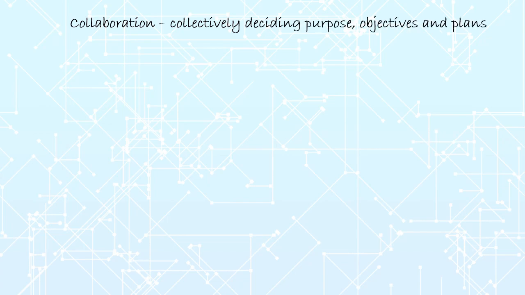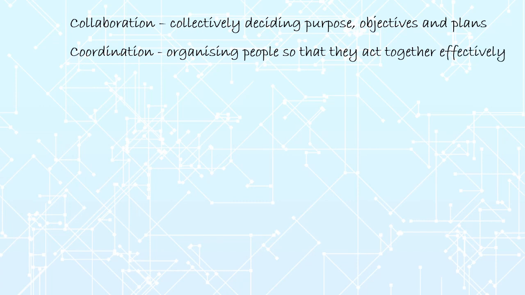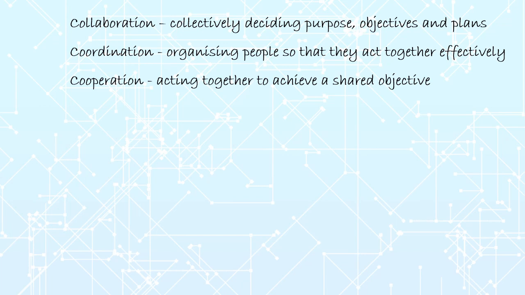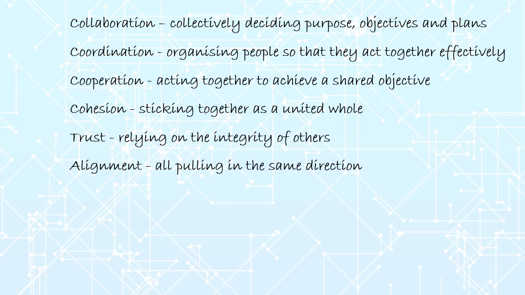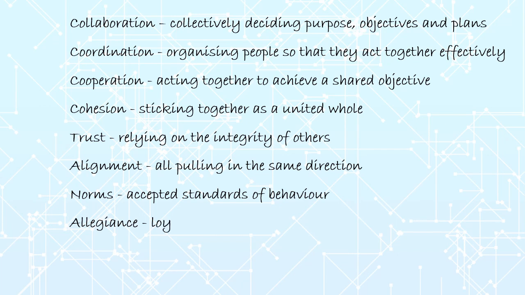Beneficial assets of social capital which are used to satisfy needs include collaboration, collectively deciding purpose, objectives and plans, coordination, organising people so that they act together effectively, cooperation, acting together to achieve a shared objective, cohesion, sticking together as a united whole, trust, relying on the integrity of others, alignment, all pulling in the same direction, norms, accepted standards of behaviour, allegiance, loyalty to the relationship,